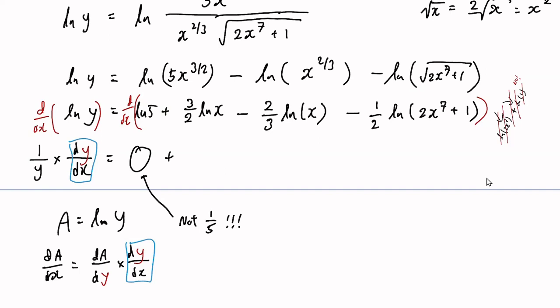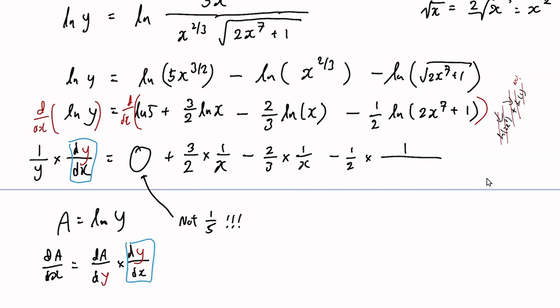Plus 3 over 2 factor out. Then times 1 over x, which is divided by x. I'll just write the standard format: 1 over x. Minus 2/3 times 1 over x. Very good. Minus half times